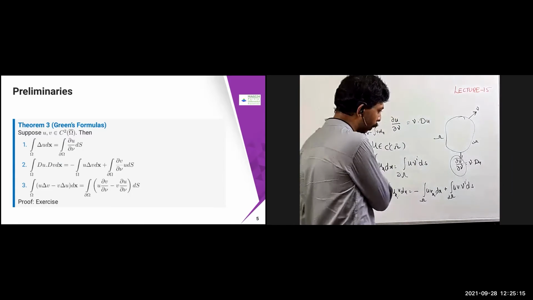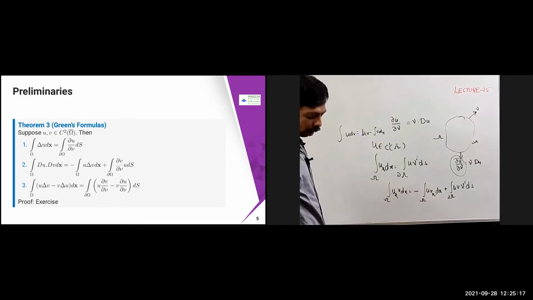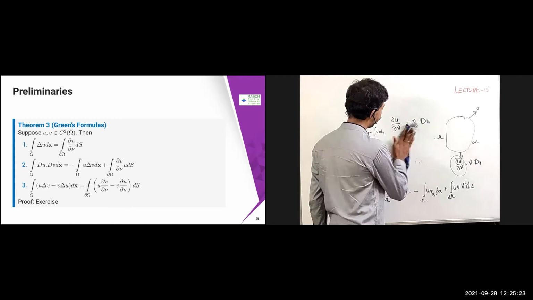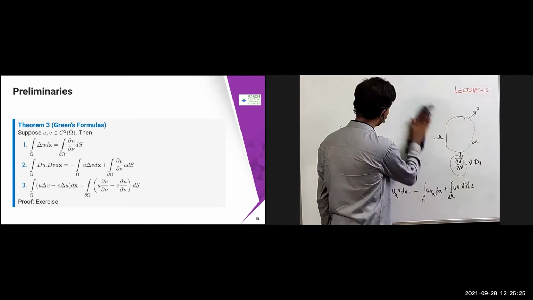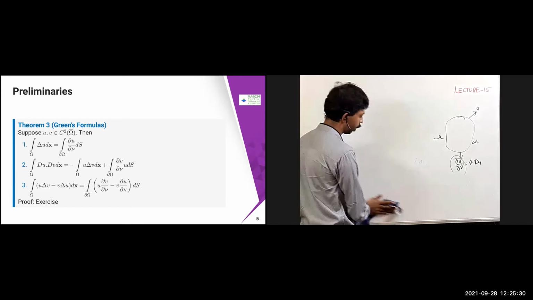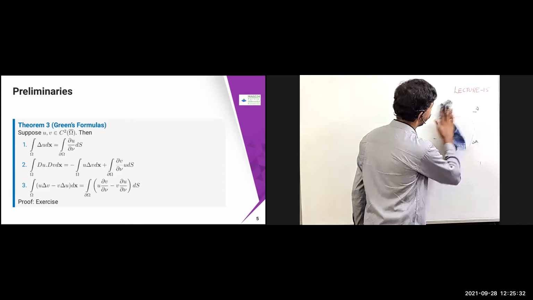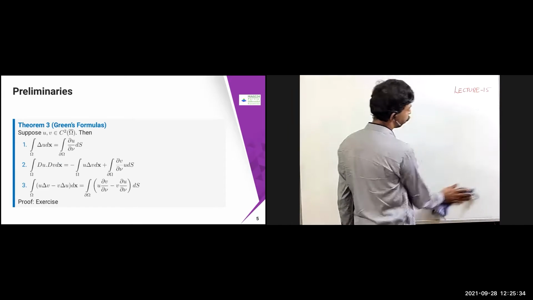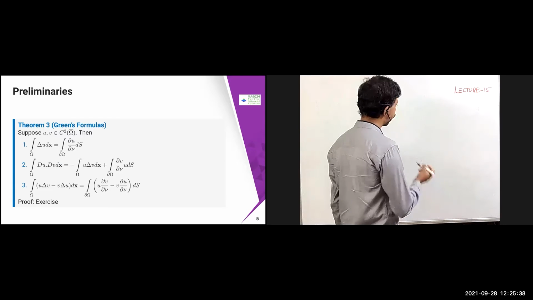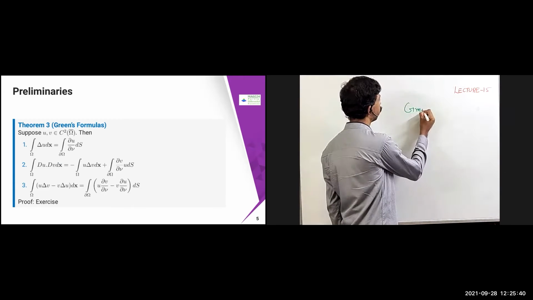This is called Green's formula. We are going to use this to solve the problem. These are very simple ones. What you've got to do is use the basic idea of integration, and then you can get it. One of them will be in the midterm exam at least, one of these identities to prove. Now what we are going to do is get one more identity, which is also called Green's formula.